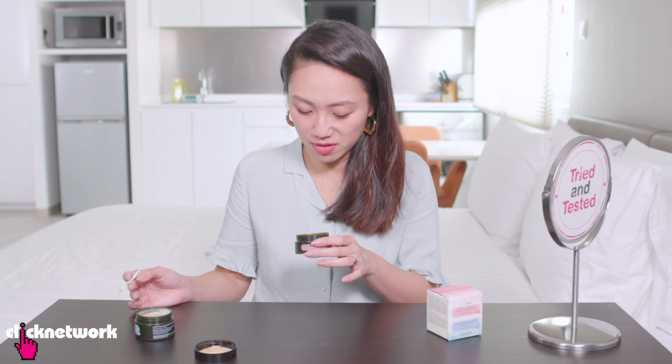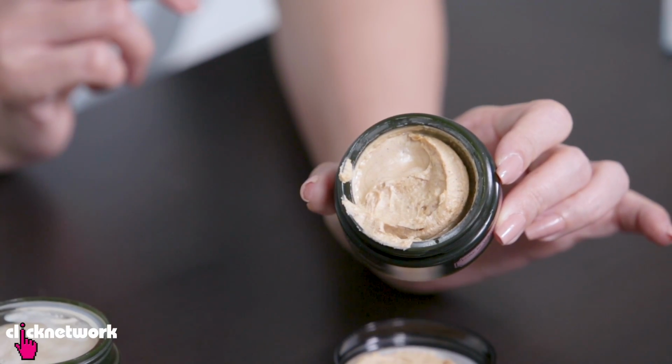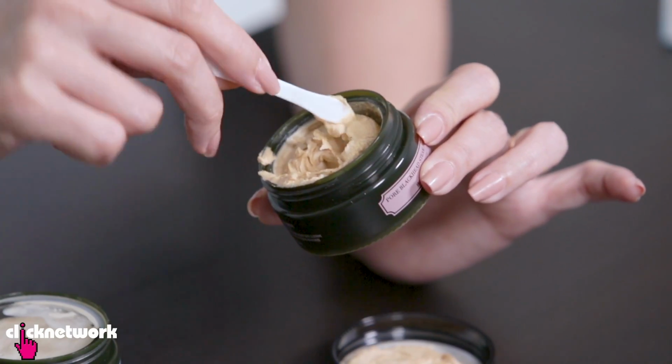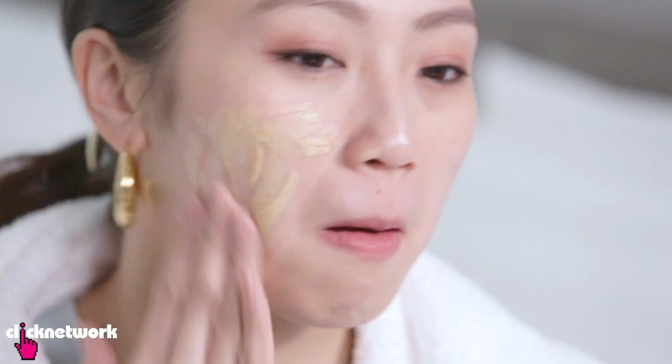That does not smell nice. It smells like a spa smell that has gone bad. If you look at it, I feel like it looks a little bit gross. I'm a bit scared of this thing. It looks very questionable. So, you're supposed to put a thin layer on a clean, dry face, and then you are